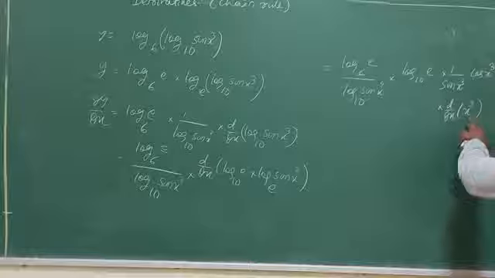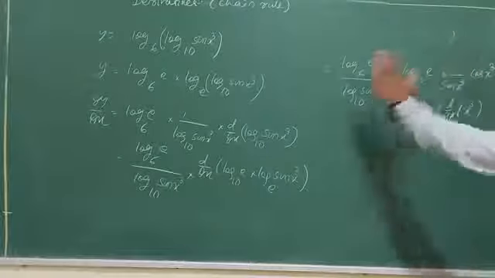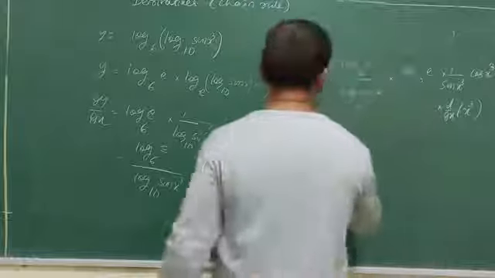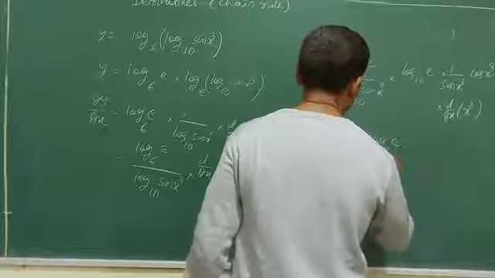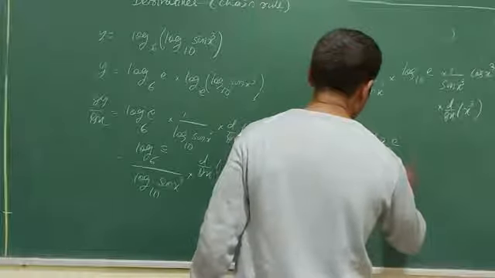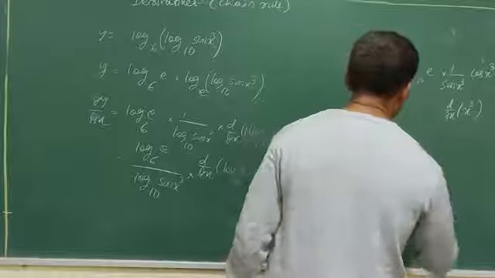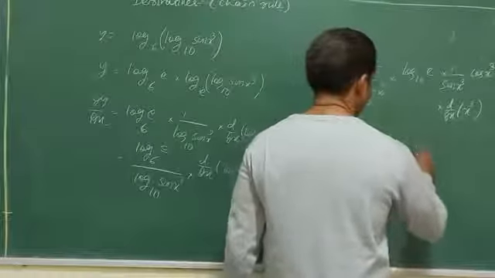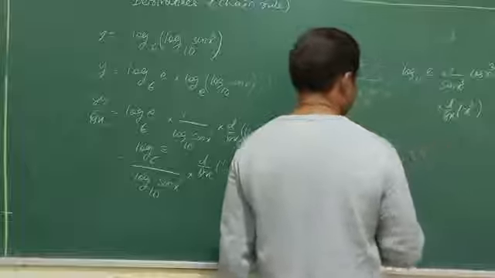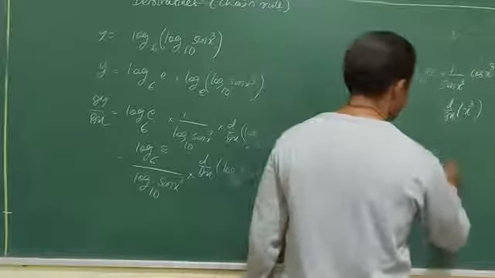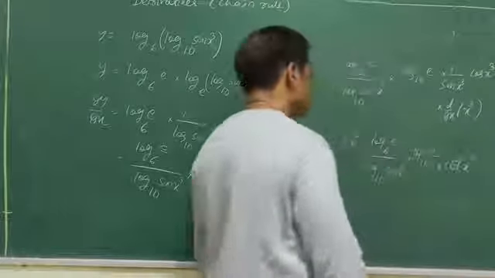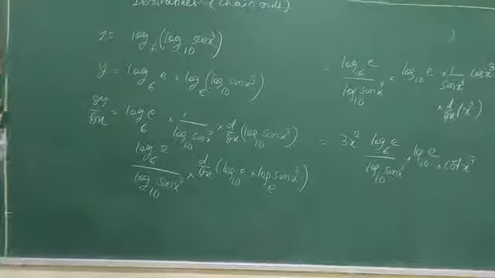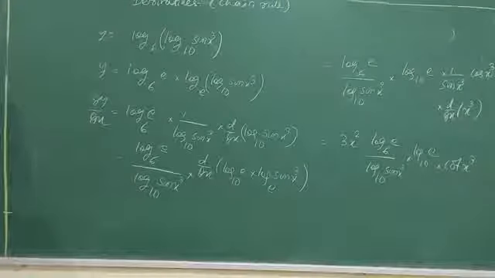So finally write down 3x square into this, or cot I can do. So final answer is 3x square, log 6e, log 10 sin x cube, log 10e, and cos by sin, cot. Clear. Next,